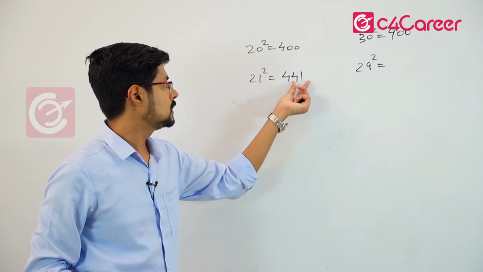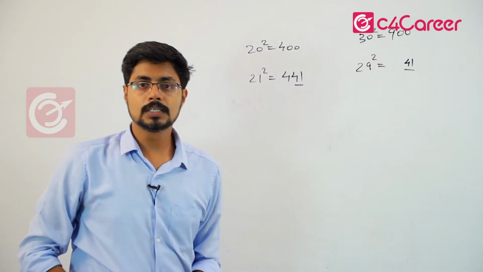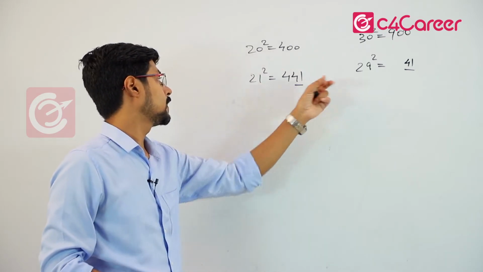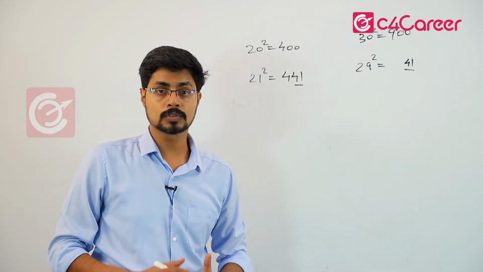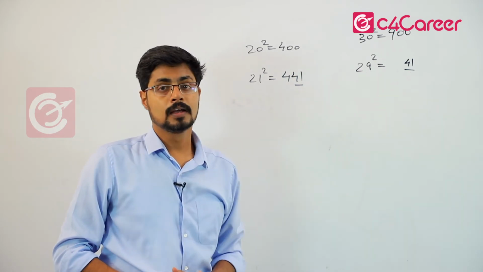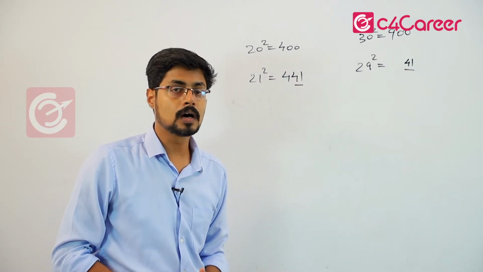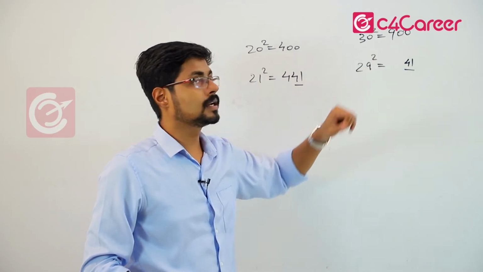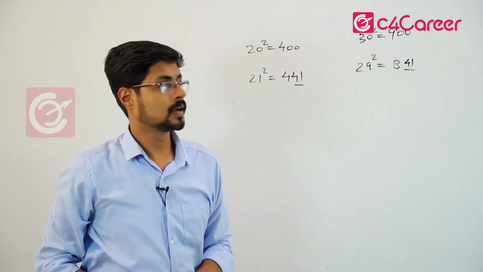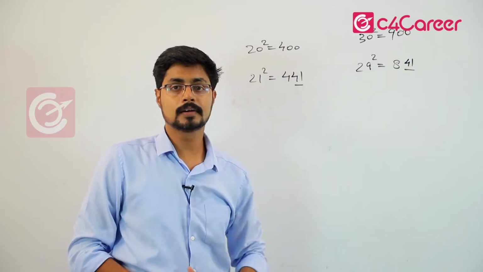What I can tell you is the last two digits are common. This 41 is going to be common for 21 and 29. That pair 21 and 29, 1 and 9, 1 plus 9 is 10. For such a pair, the last two digits will be common. So 21 square is 441, the last two digits are 41 here. Now imagine a number which should be less than 900. So the most obvious choice is 8, because we have to go below 900. So it has to be 841.